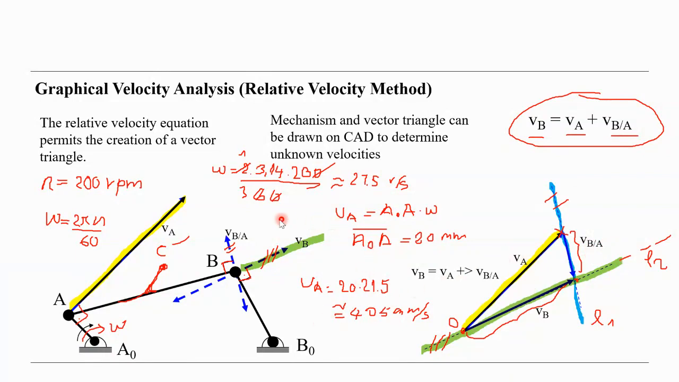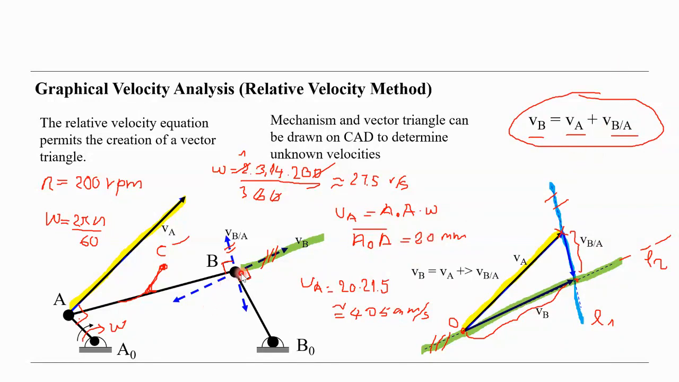So we can select a scale for the vector VA. Let's say this is 50 millimeters we use here. And if it is 50 millimeters, and if we draw the lines L1 and L2 correctly, and at the end the crossing point here, and we know the length here, and if we measure the length and multiply with the scale factor, and the same for VB, we can actually calculate the magnitude of VB and VBA. So this is the way we can calculate it graphically,